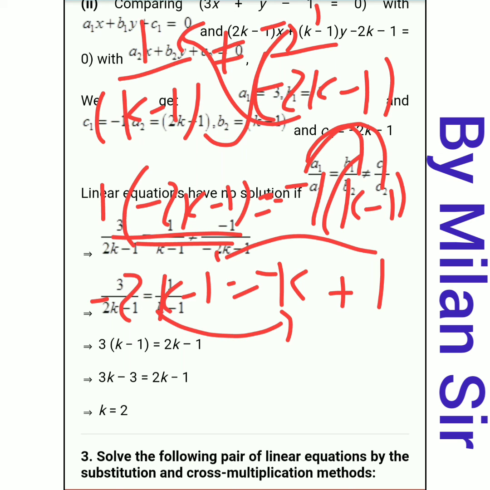Here it's one mistake. Here we need to put an inequality sign. Okay. That means 2k minus 1 is not equals to minus k plus 1. Okay. Other things is same. That means whatever things we do with the equality sign, same thing we can do with the inequality sign. That means we can transfer our term from left hand side to the right hand side, and from right hand side to left hand side. Okay. Numerator to denominator, denominator to numerator. Same thing we can do with the inequality sign.